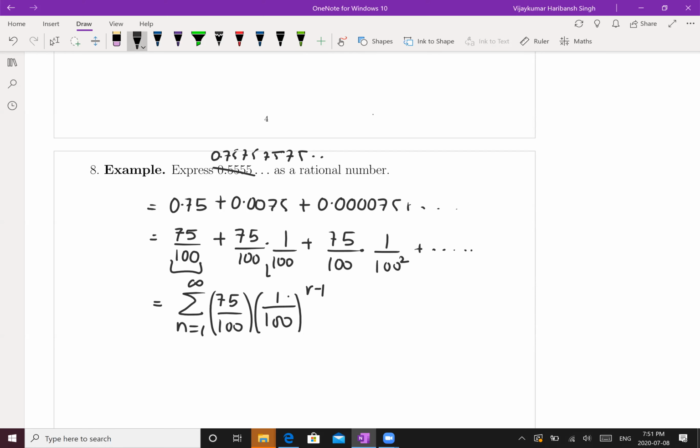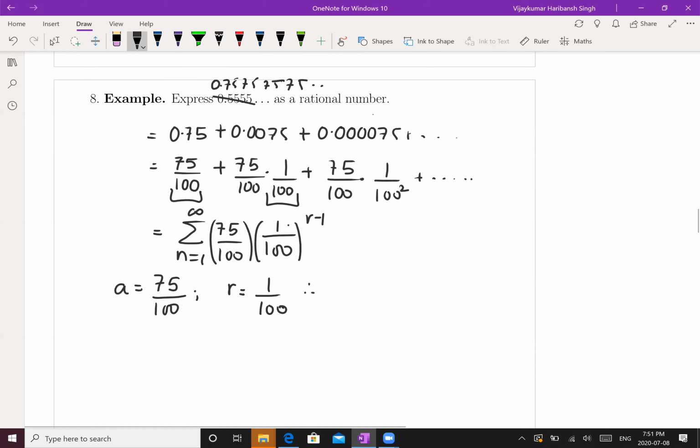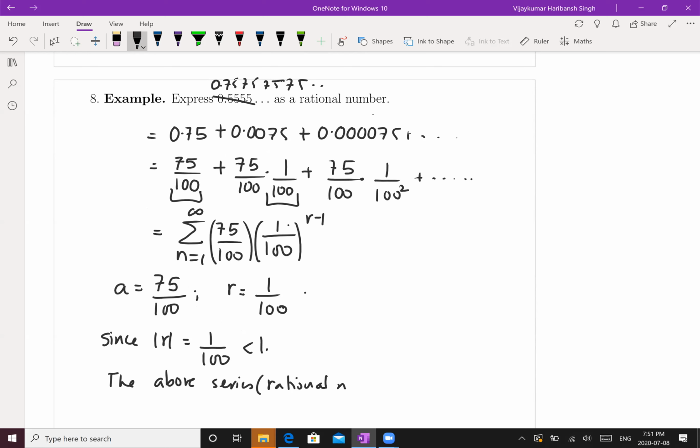Although you can see directly that here a is 75 by 100, r is 1 by 100, and since the absolute value of r, 1 over 100, is less than 1, the above series, or the rational number, because they are the same thing, right? We wrote the rational number as a series, converges to